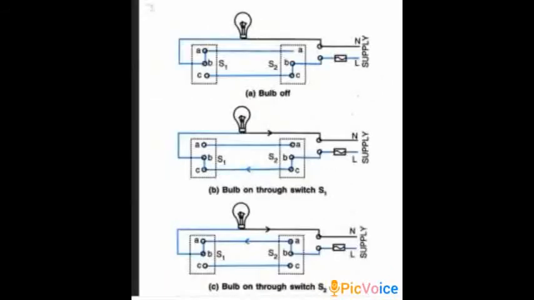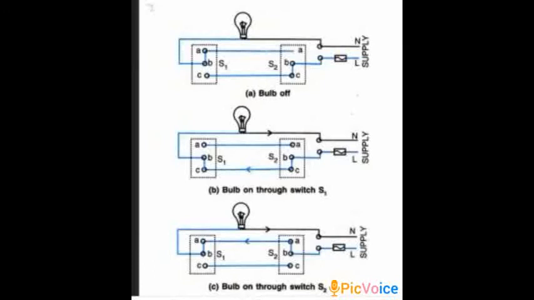Let us see the working of one double switch. Okay, we have seen earlier that we have a single switch or we have the double pole switch. Now what exactly is the double pole switch? Now consider there is a very long corridor and in the center of the corridor there is one bulb. Okay, so at one entrance of the corridor you will have a switch to on the bulb, and when you reach the other end you no longer require the light. So what you will do? You will come back again at the beginning to off the bulb and then again on it to go there and again come back. How will you do it?